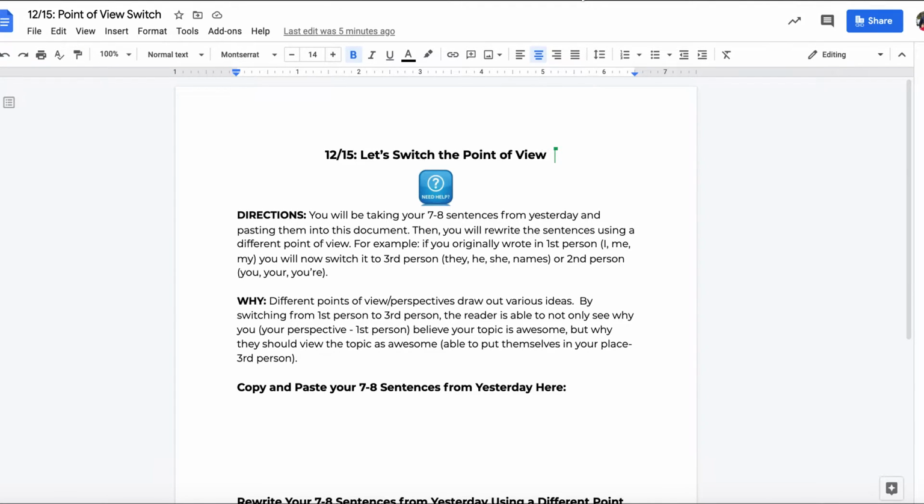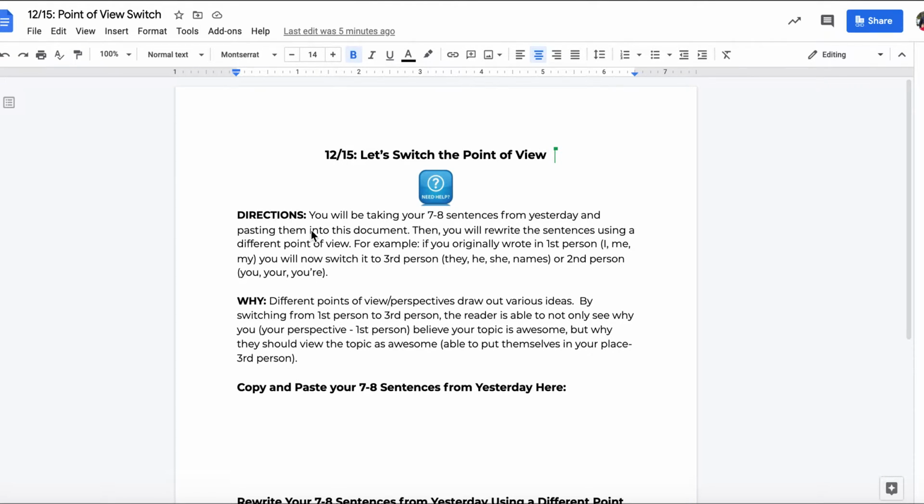Remember, we've got first person, second person, and third person. Looking over your writing, the majority of you wrote in first person. Now, there's nothing wrong with that. First person is all about you, and it is your idea. However, when people are reading your book of awesome, they want to be able to see themselves in your thoughts as well, so it shouldn't be that personal. And I'll get to it, so it actually makes sense.